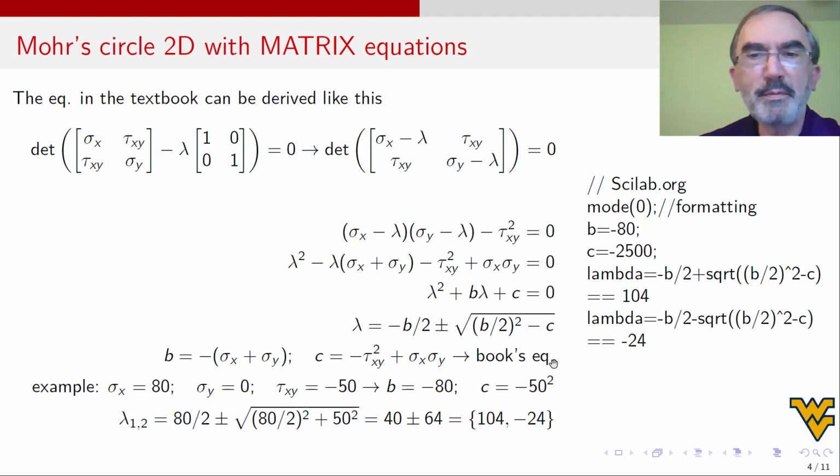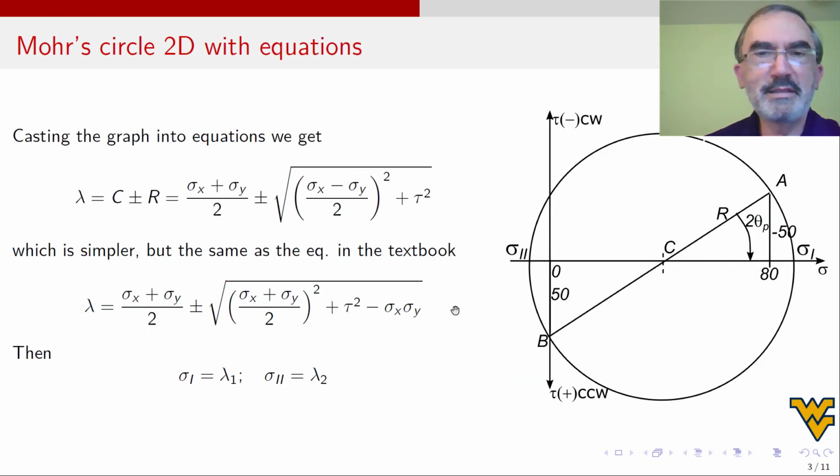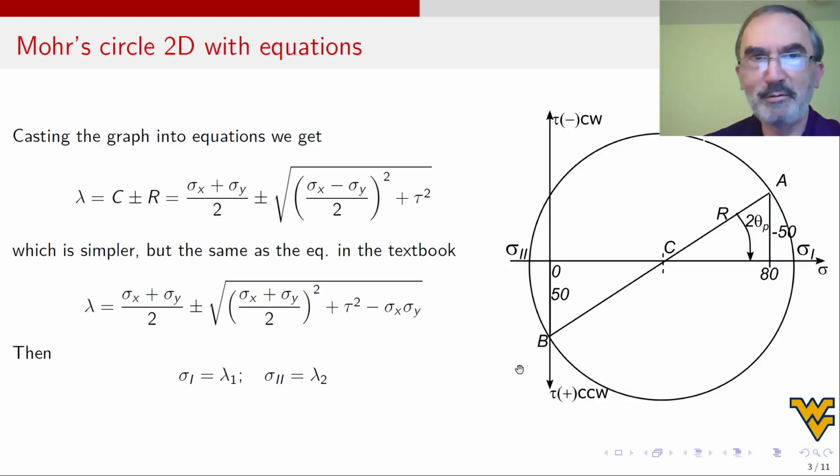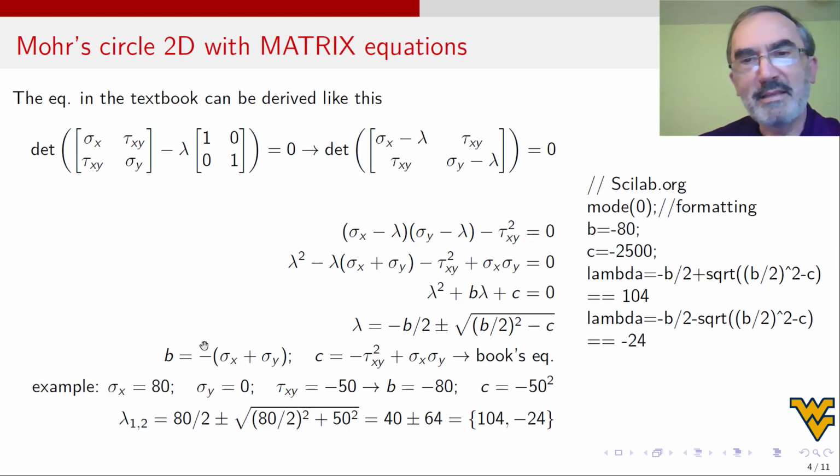Now, here I put book equation because if you substitute this and this into the solution, this is a solution. Substitute the c and substitute the b in there, you get the book equation. So if you get the equation in the book, and we believe the book, then this method of taking the determinant of this minus this should be good because it allows me to derive the book equation. Okay? All right, so that's one way to convince you that this is good. There is a very formal way to do this, but it's more complicated.